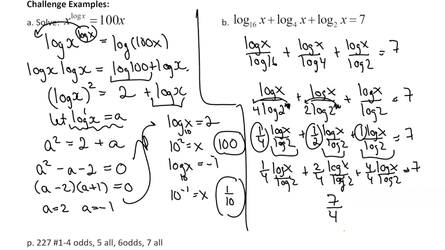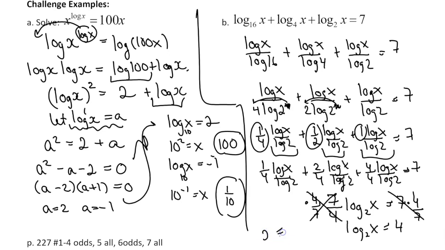And instead of saying log x over log 2, you could even undo the change of base. Okay, so think back to your change of base rule. We had it in some sort of expanded fractional form, and we've just undone it to its original form. And then you could times both sides by 4 over 7. And you would get something that would say log base 2 of x equals 4. And then that means that x is going to equal 2 to the power of 4,